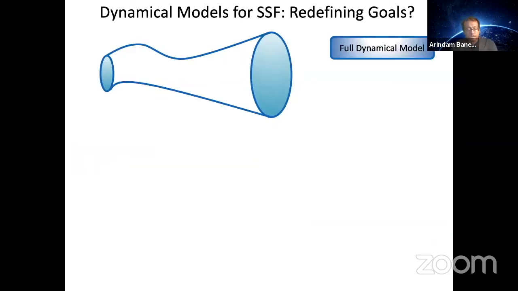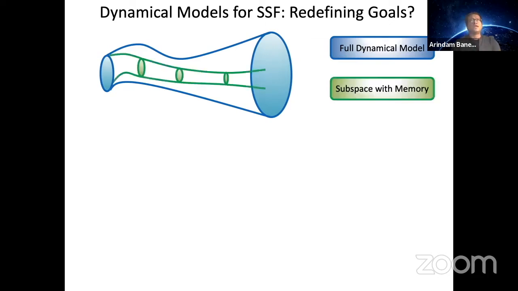So now coming to dynamical models, what role do dynamical models play, right? So shall we redefine the goal? We said that if you run the dynamical model out 30 days, this full dynamical model, it's going to get chaotic, we are not going to get things. So what we have been thinking and brainstorming about is that instead of trying to recreate all the states and all variables, let's try to identify a subspace with memory. And focus our efforts, you know, tuning the model, parameter tuning, estimation, and so on and so forth, on things which are important. So maybe we want to get the SST right, maybe we want to get the soil moisture right. So rather than running them forward just like we do in weather forecasting, we are going to look at the subspace which actually helps us with our task at hand.